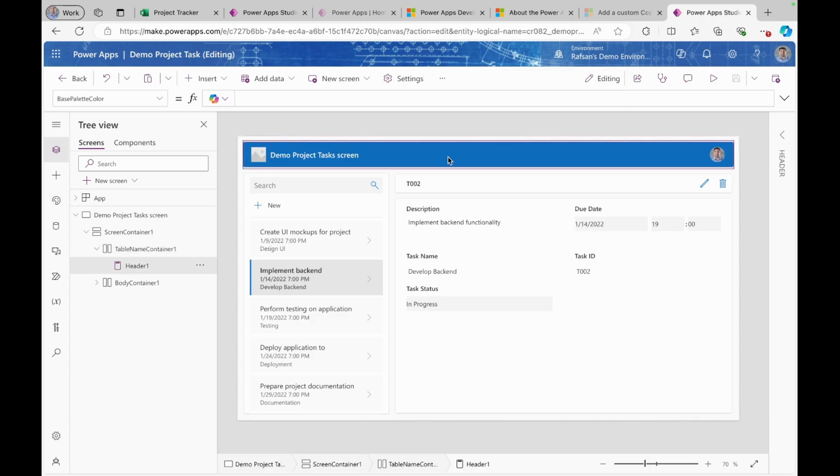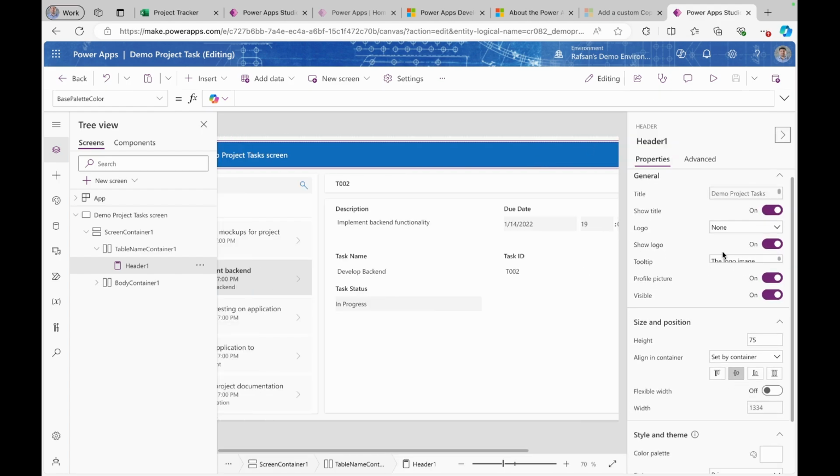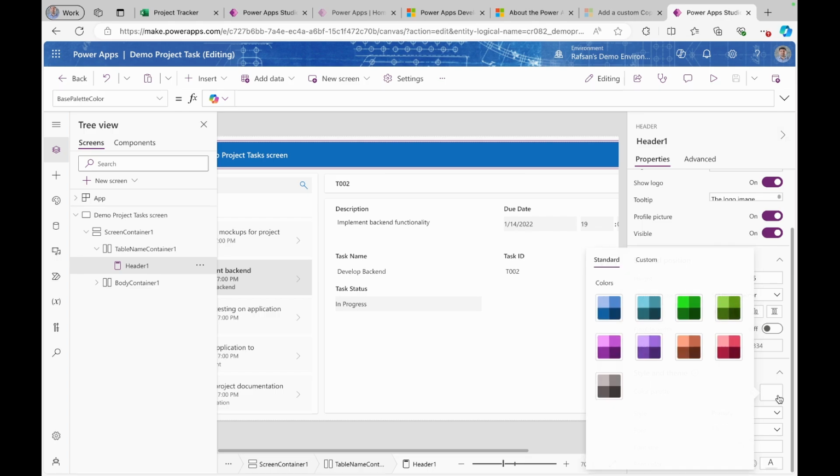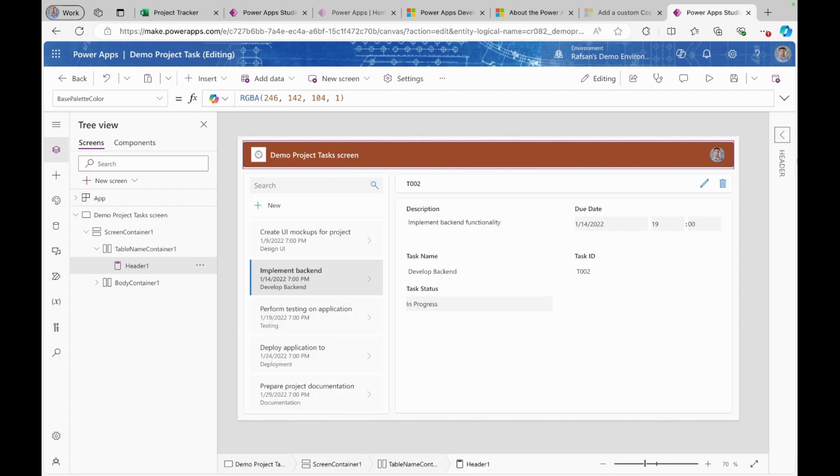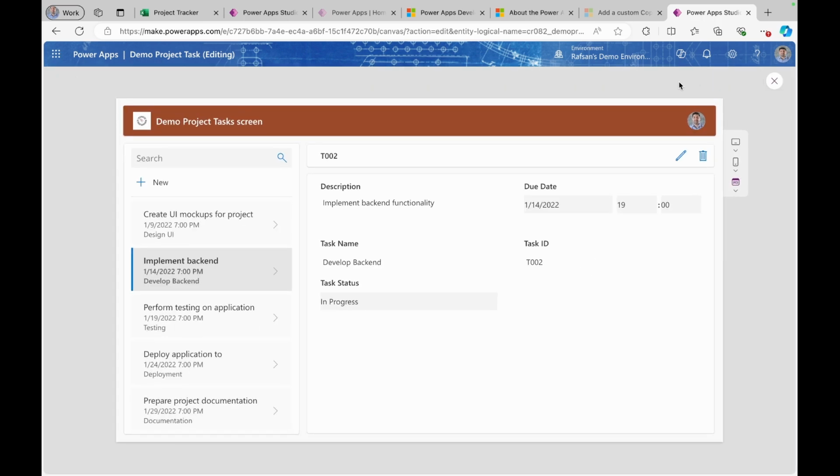I will change the color here. So I will select this and extend the properties pane. And from here, choose the palette. I will choose this. So if you don't have a logo, you can choose a stock image. I have one. I will select that. And if I play, what we see, we have the logo, we have the name of